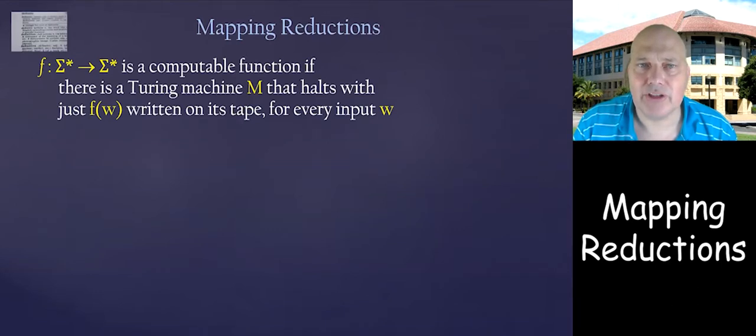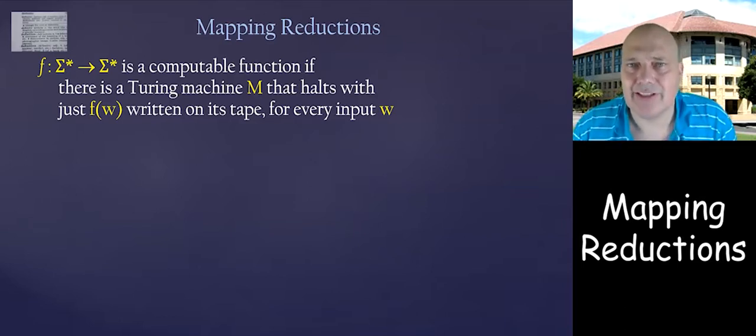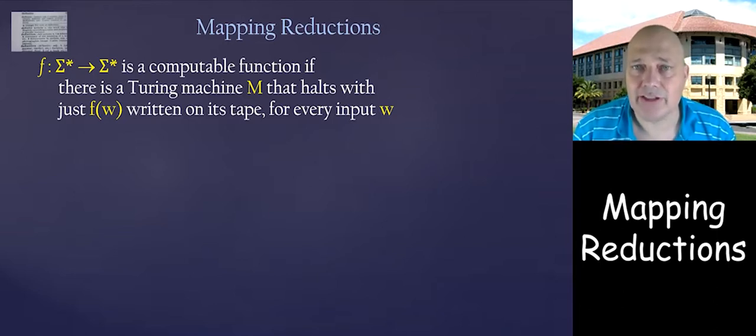A mapping reduction is a function, and it is a computable function. So let's discuss what a computable function is. A function f that takes a string and outputs a string is computable if there is a Turing machine M that always halts, for any input, and for input w, it halts when f(w) is written